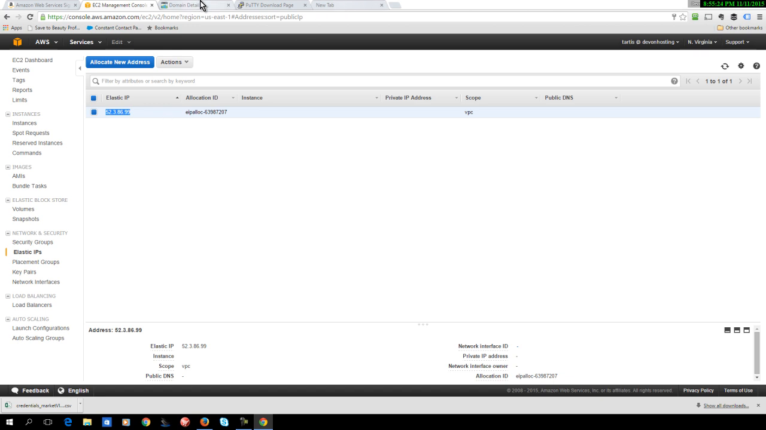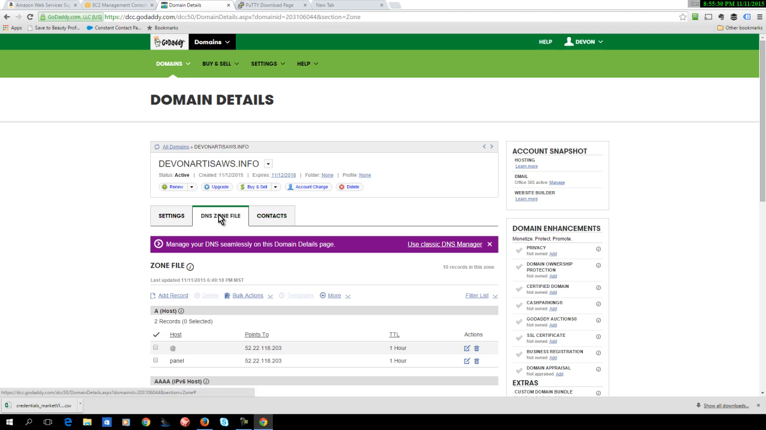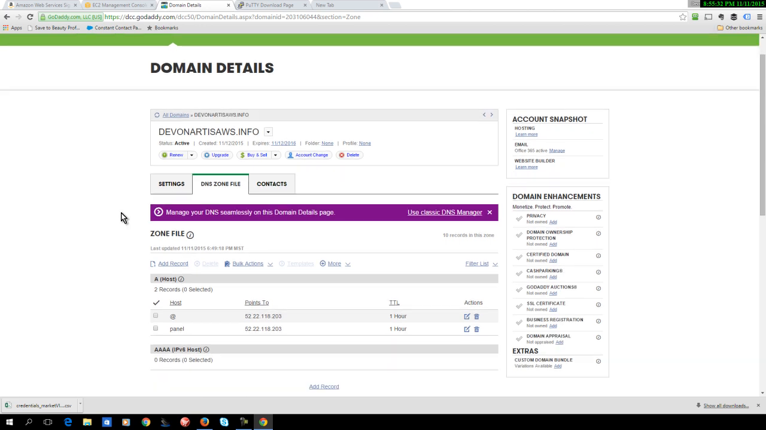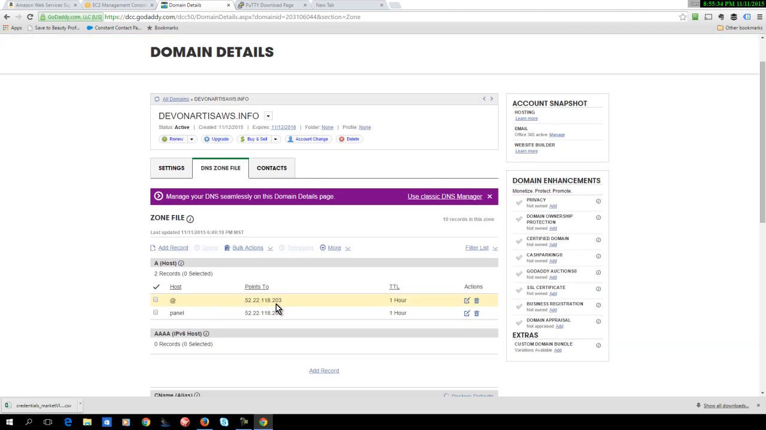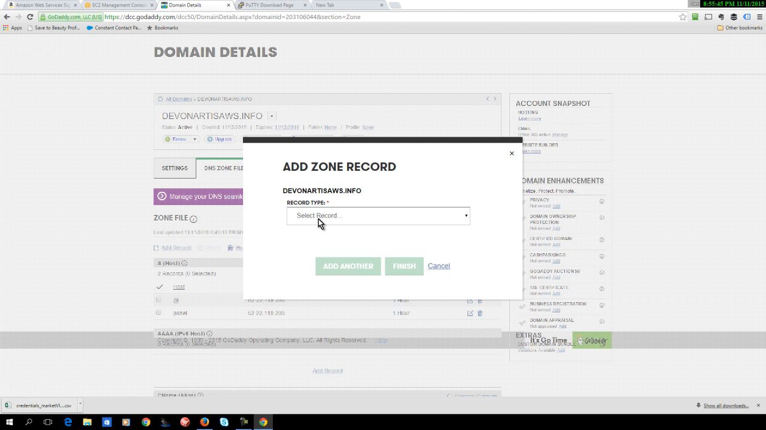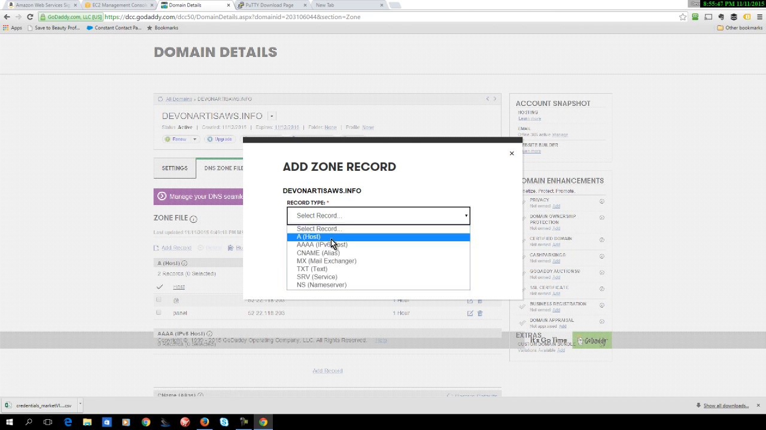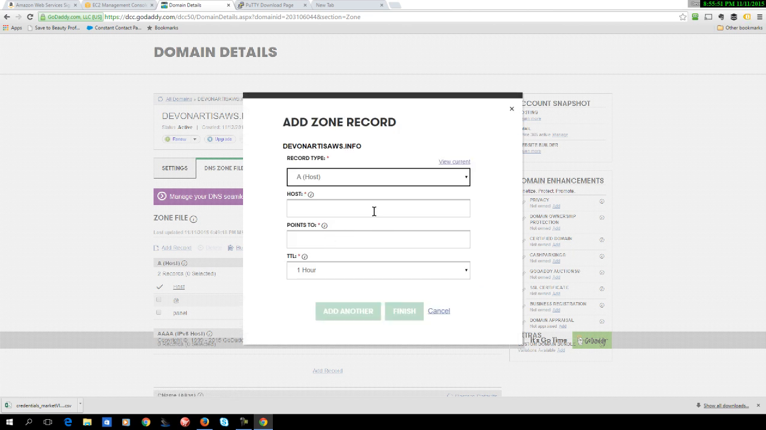So now you want to go to your domain host, and if you're using GoDaddy like I recommend, you want to create a record called panel, but for this one I'm going to create a new record. We're going to call this record cpanel, or